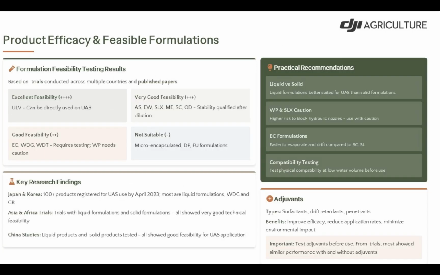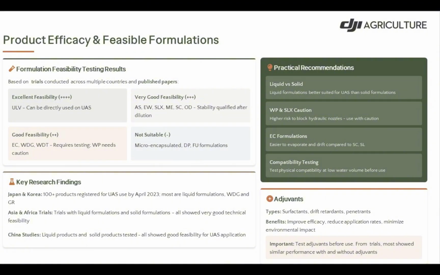Now, product efficacy and feasible formulations. Most trials have been conducted across multiple countries and published in papers. ULV, ultra low volume, can be used directly on our drones.